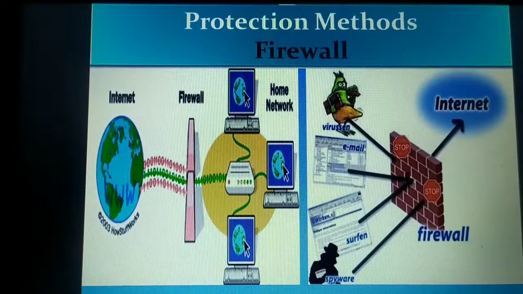Moving on to the next one, that is the circuit level gateway. Circuit level gateway is nothing but this type of firewall applies a security mechanism when the connection is established. Once the connection has been made, packets can flow between the hosts without further checking. Now suppose you want the Facebook login page, you want to log into your Facebook account, so you are making a request initially.